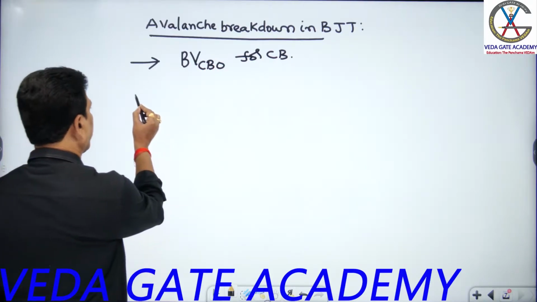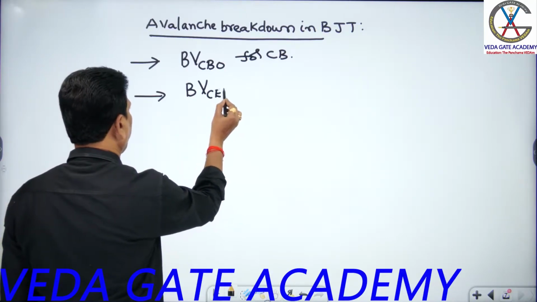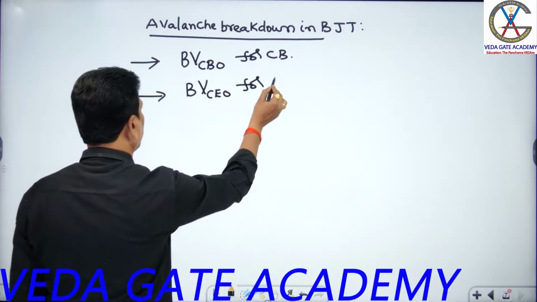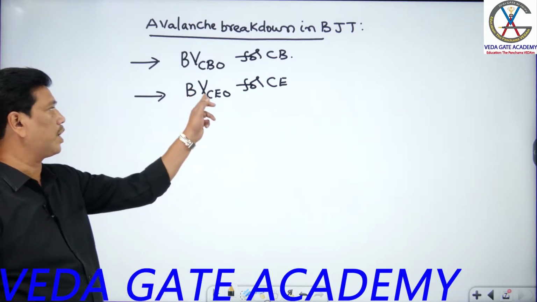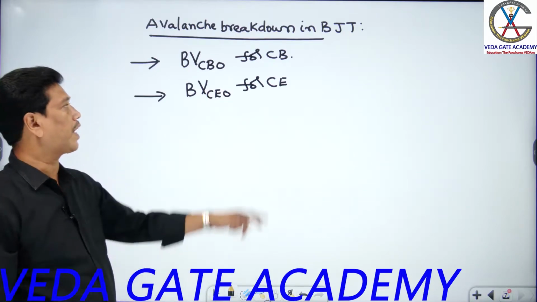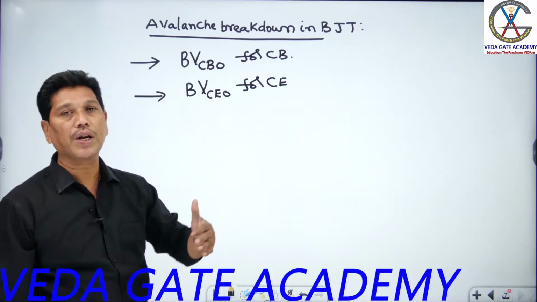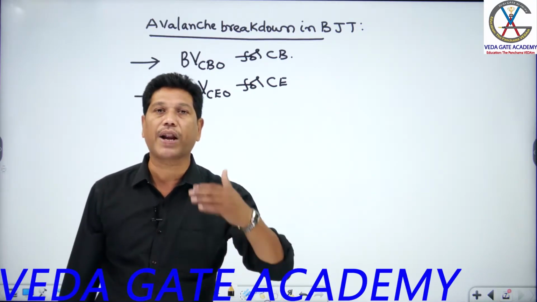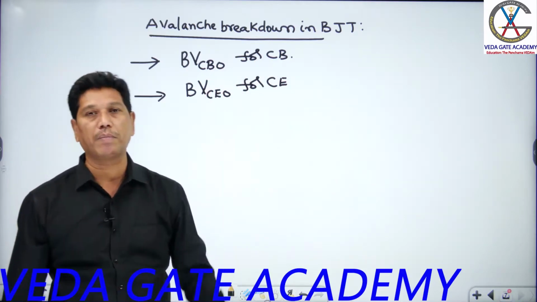And what is this avalanche breakdown voltage for common emitter, students? BVCEO, you know. This is the breakdown voltage for common emitter, students, where BVCEO stands for the breakdown voltage between collector and emitter terminals with input base open. If I compare this breakdown phenomenon of both common base and common emitter, in which case does the breakdown appear earlier? It appears earlier in the common emitter circuit compared to the common base circuit.